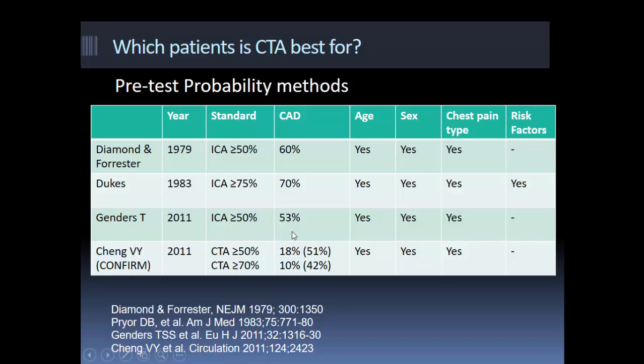So they also felt that there is overestimation by the Diamond Forrester and Duke's criteria of about 20 to 30%, even based on invasive angiogram. But the CONFIRM study, which is purely based on CT angiography, showed that the prevalence of coronary artery disease is about 10% for more than 70% stenosis, and 18% for more than 50%. While if you did Duke's assessment, that will be about 50%. So there is significant overestimation of pretest probability by the conventional Duke's and Diamond Forrester method. So something we have to bear in mind. It's very important to